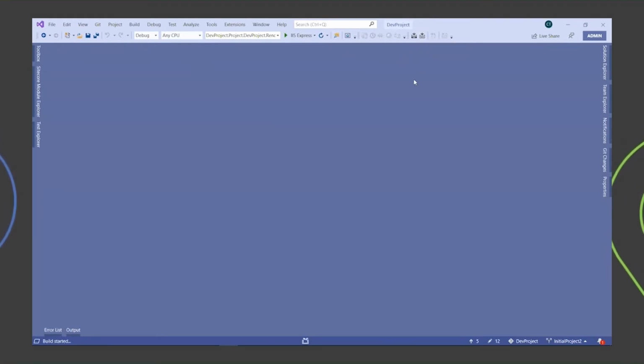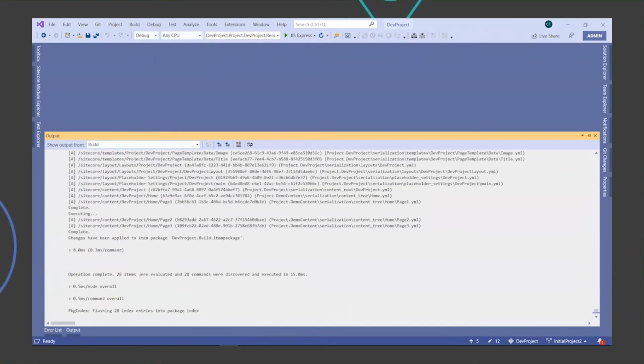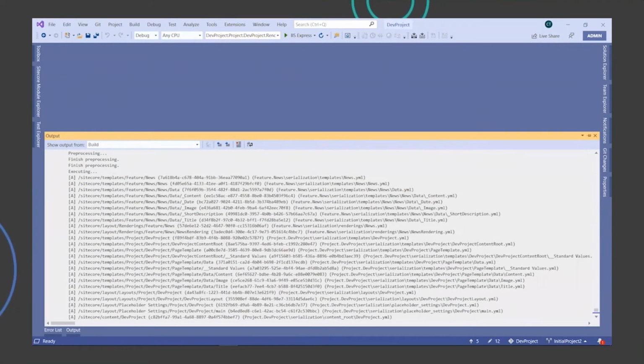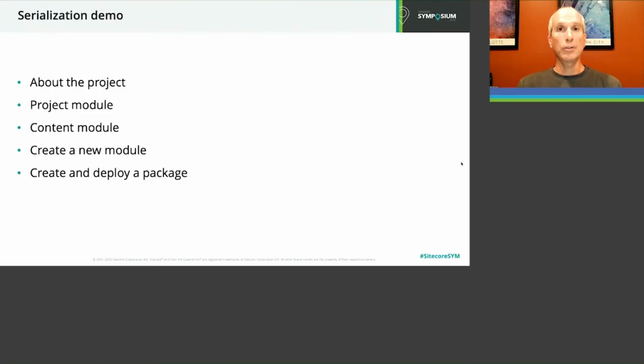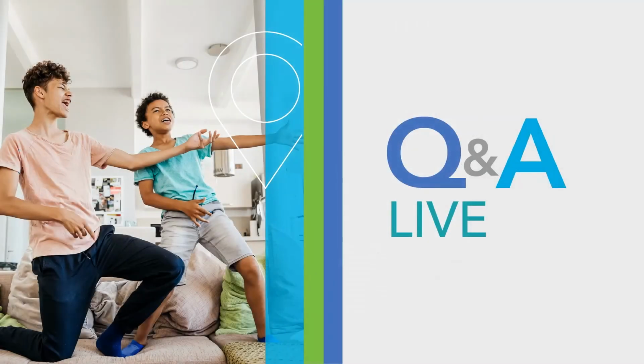Now, when I build the solution, I take a look at the output. I could see essentially the same output that I got when I ran the tool from the command line to build this package. As you can see, the new Sitecore developer experience offers some incredibly powerful